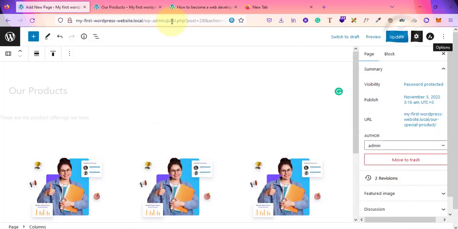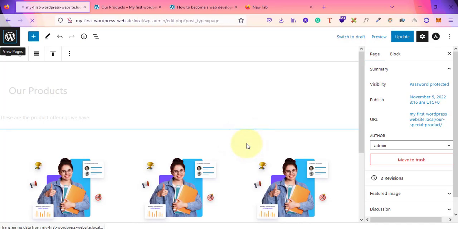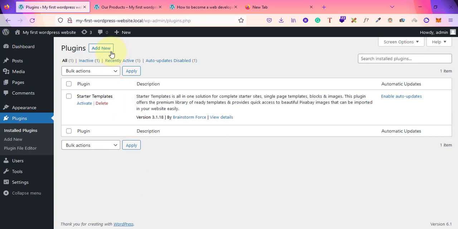So let me minimize it and go back to our dashboard. Leave page. So let's go to our plugins. There is a plugin called Classic Editor. Click on add new,